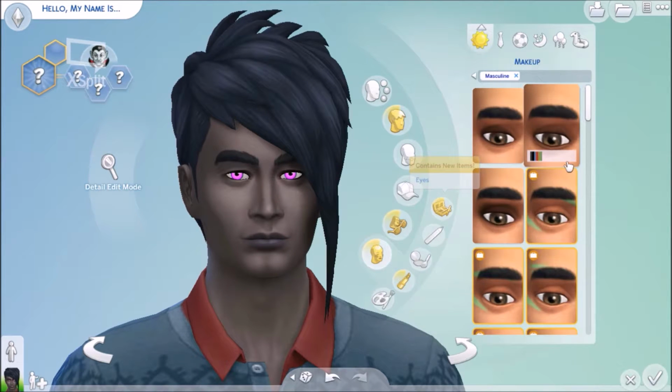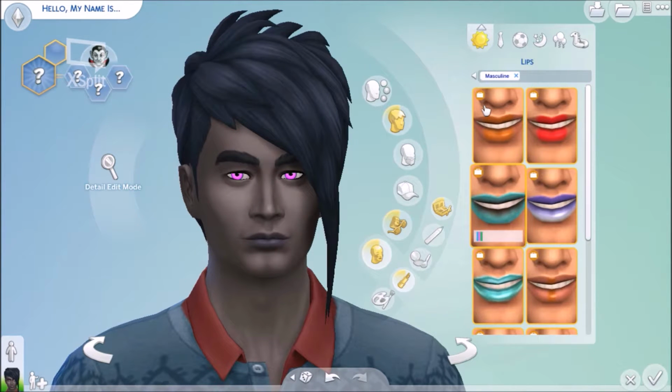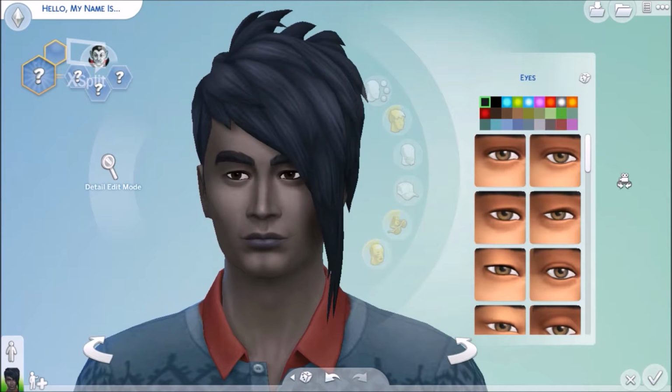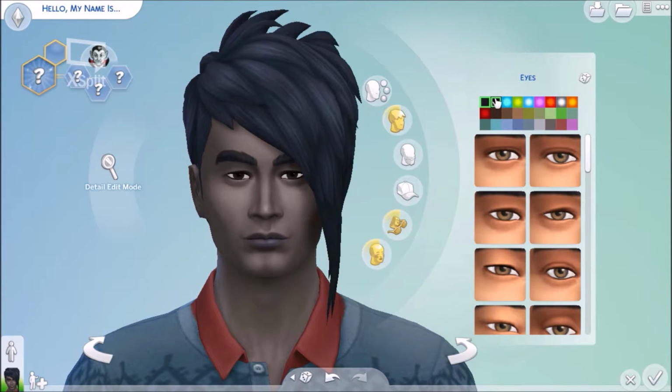We have makeup, neither are masculine, which isn't surprising. But also just show the eyes. You have this, don't believe that's actually vampire eyes, but you got this one, which is complete eyes entirely black. You've got the whites of the eyes as well as the pupils, and the irises all are black. You've got black background with the turquoise eyes,